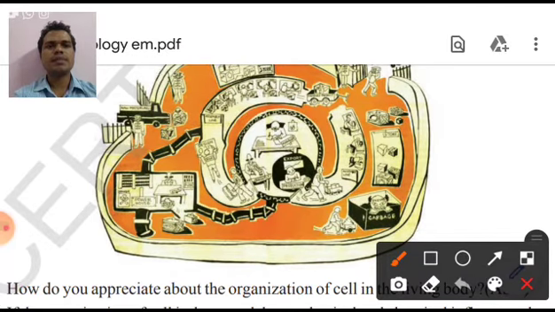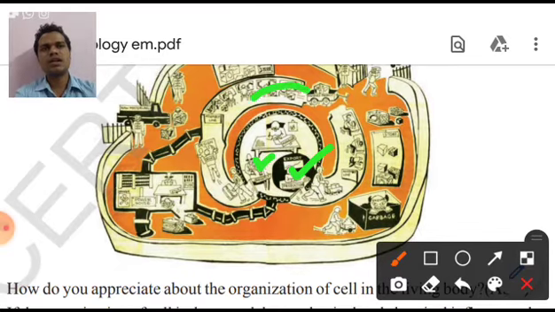Yeah, here there is a power generator. This power generator is said to be the mitochondria. This mitochondria looks like a power generator. As you see here, it is giving electricity to the whole cell. And if you look here in the center, you can see a major office. This is the nucleus, and inside the office another small office is there. This is called the nucleolus, and here another person sits. This is called the nucleoplasm, and it surrounds the nucleus.